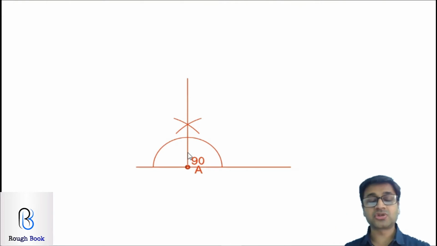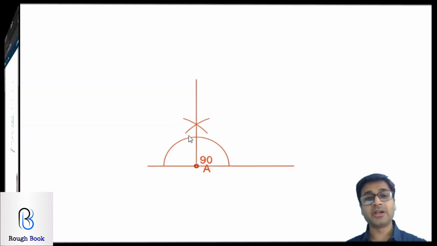There are two methods to construct 90 degrees. One is this, which we did. Second, I would have cut an arc over here at 60 and then 120, which we already know how to draw. And then 60 and 120, if you bisect, what you get is 90. Any method is allowed. Whichever method you feel comfortable with, you can do that. So that's your perpendicular from a point on the line.